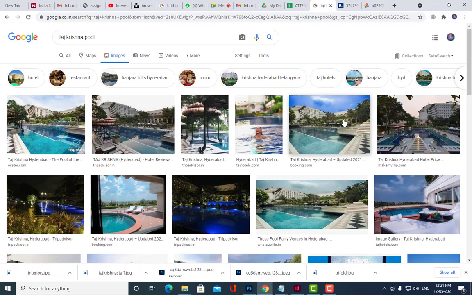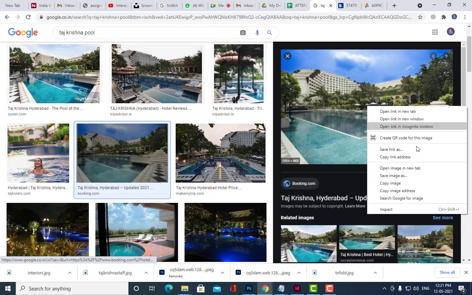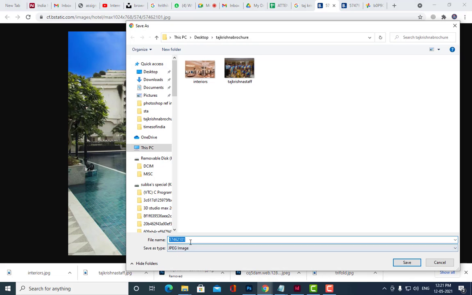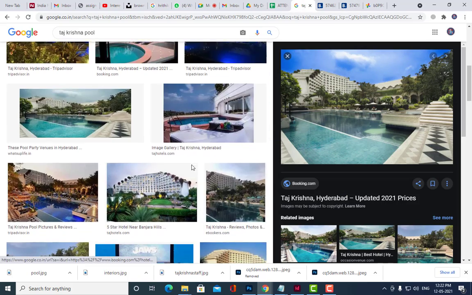We'll say pool. Okay, this is the pool side. So always make it a habit to first collect all the images and put them inside a folder. Okay, this should be the habit actually.